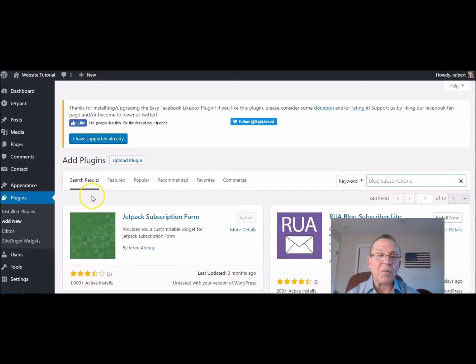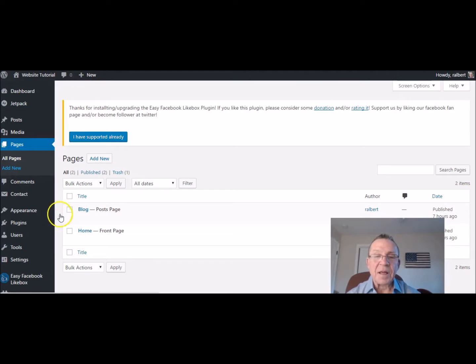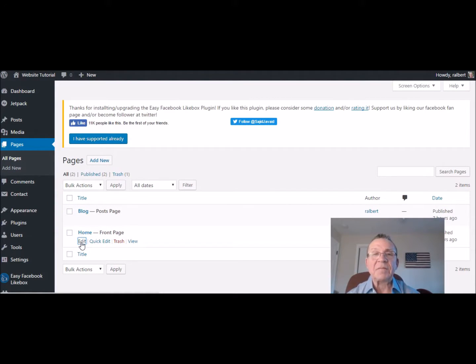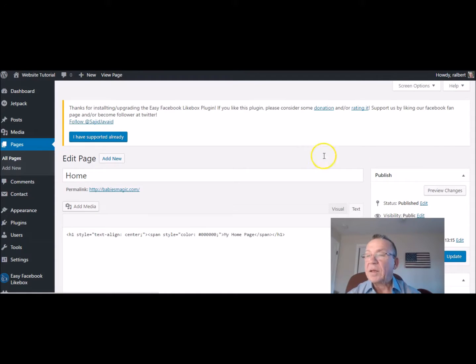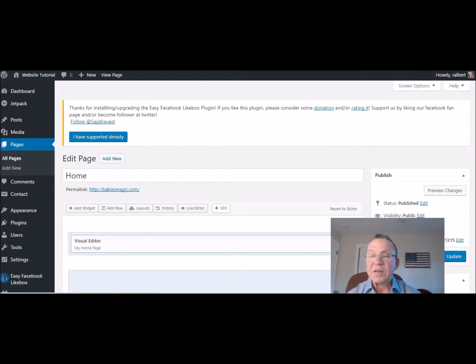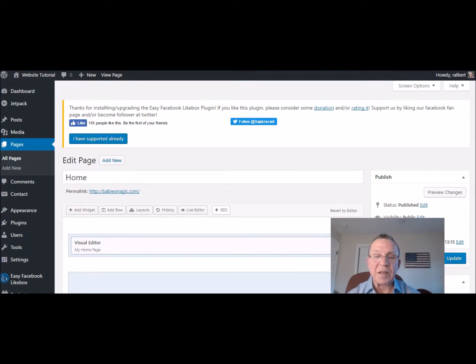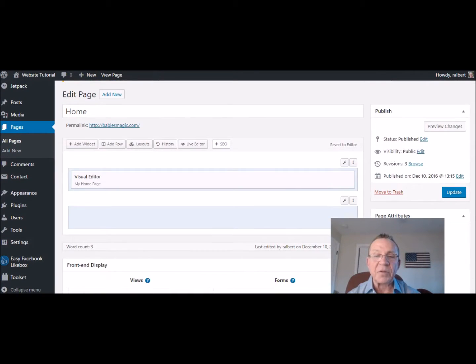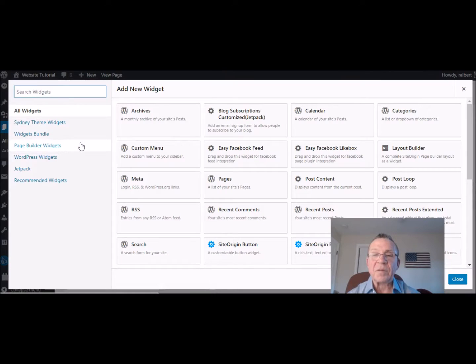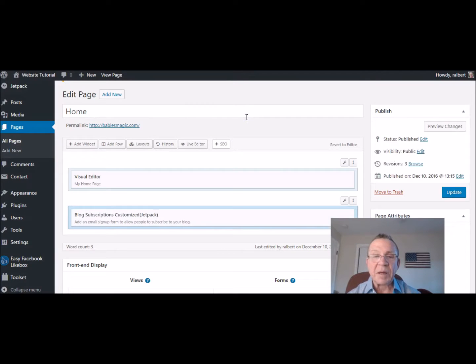And then when you go back to your pages and you go back to edit the home page again, then you will be able to, because that's what I'm saying about all these widgets and plugins and stuff. You can make your site do whatever you want it to do. So if you highlight that and then you go to add a widget, and then here you are, blog subscriptions by Jetpack, and you just slide it in there, update it,